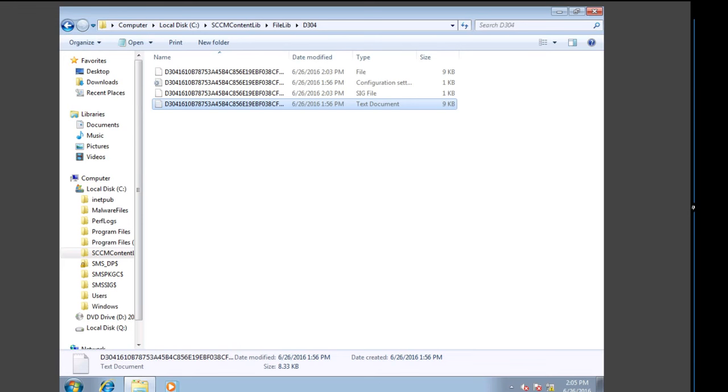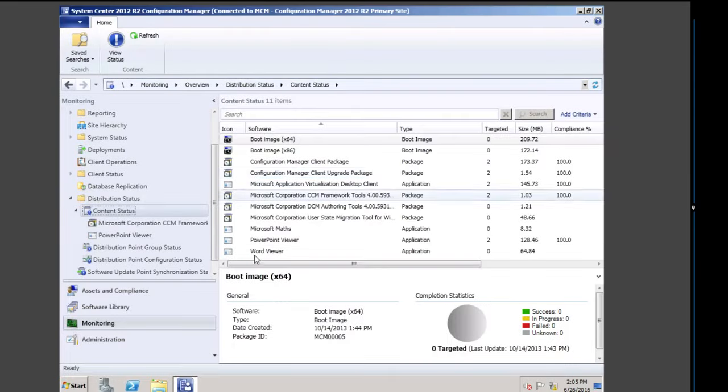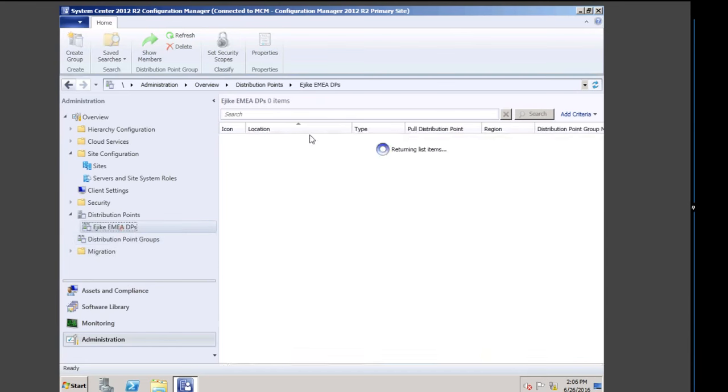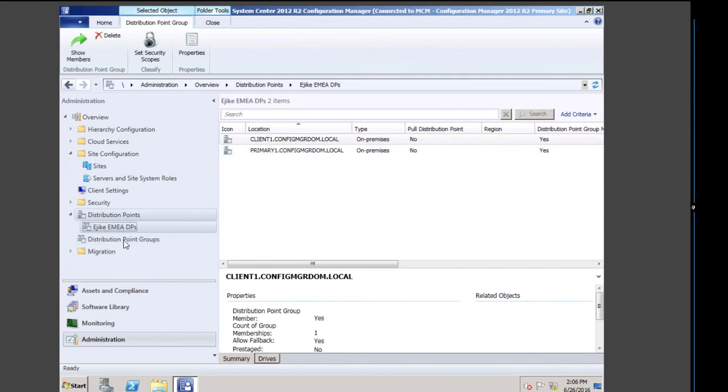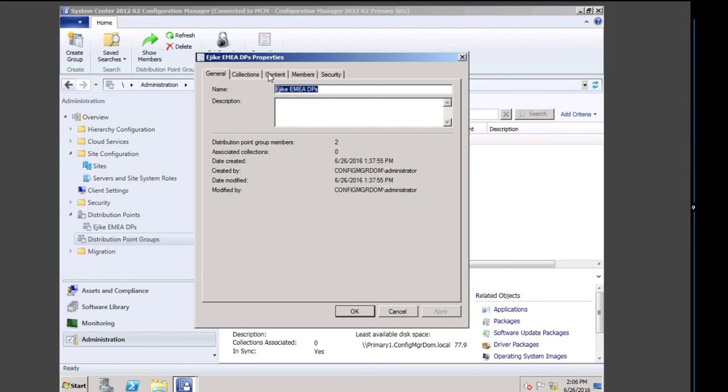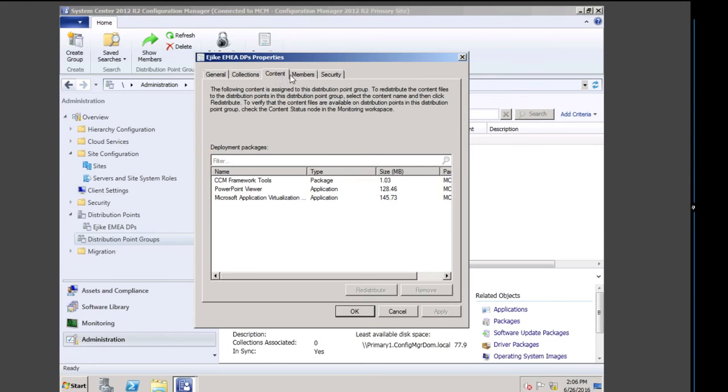So if I go back onto the primary site server, under the administration, we are going to choose the group, and under the group, if we go to properties and under content,